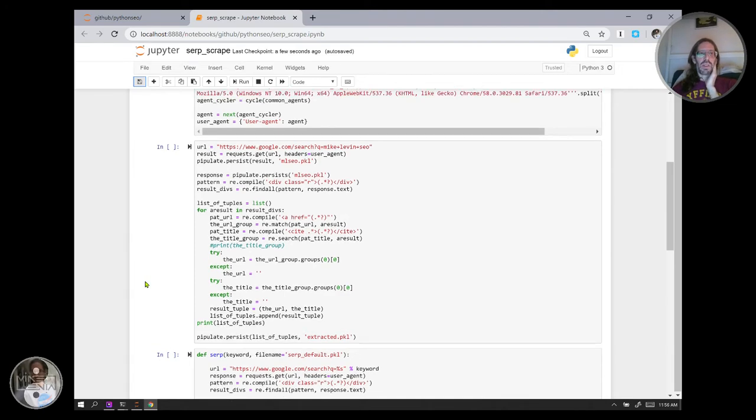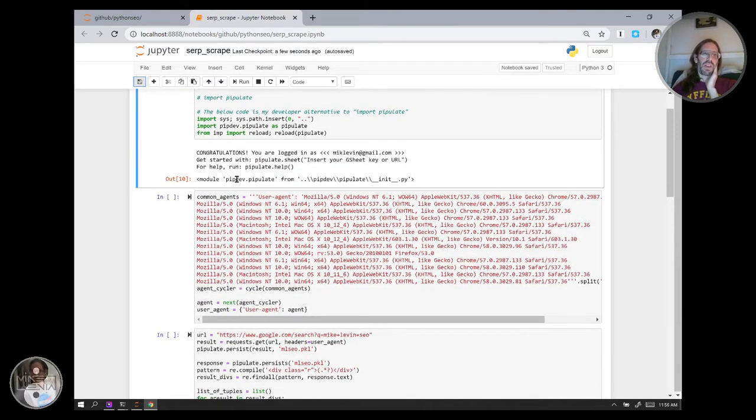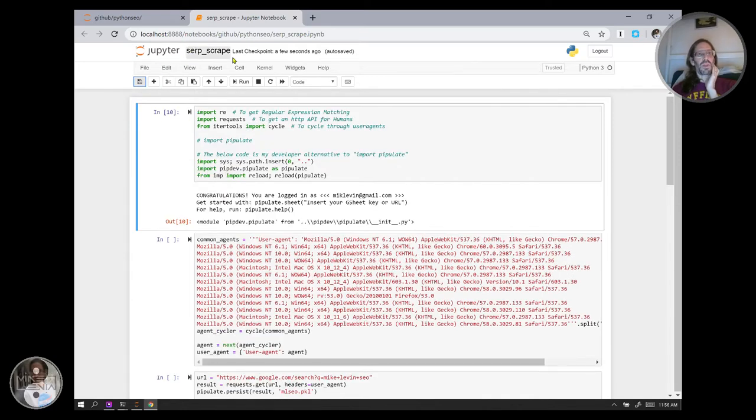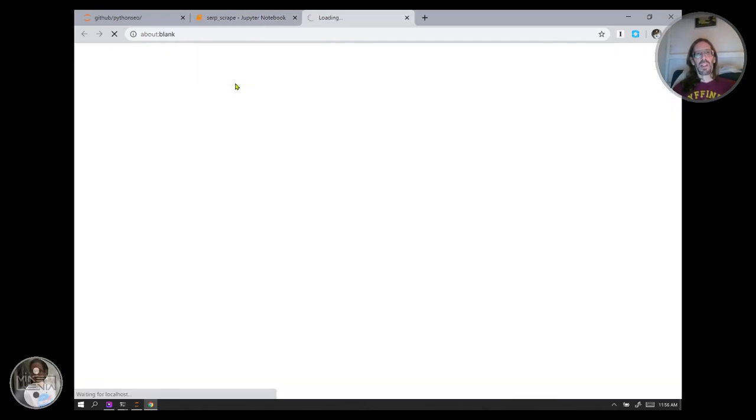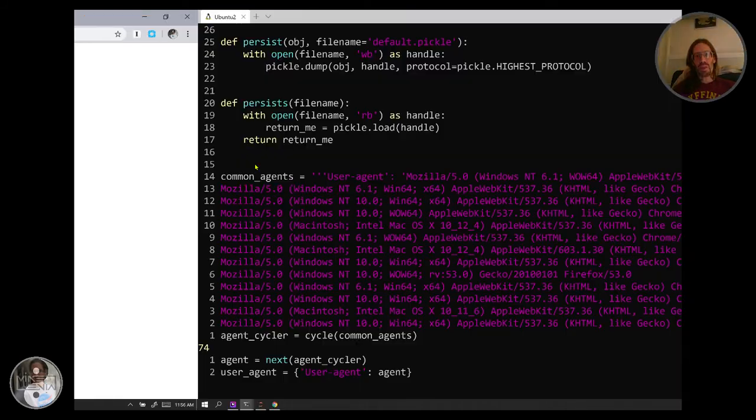So this is going to be, I believe, a new file. We don't want SERP scrape anymore. We're advancing the project. File, new notebook, Python 3. And immediately when you do that,